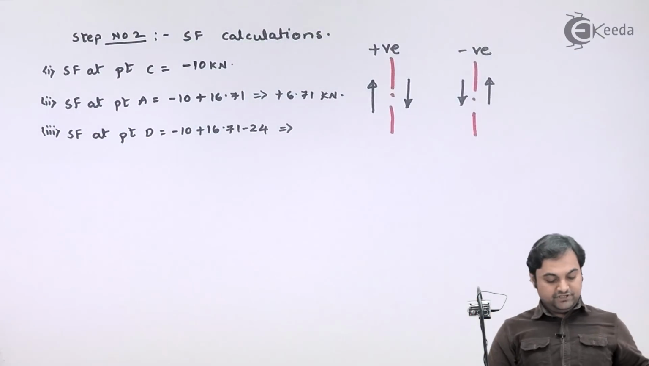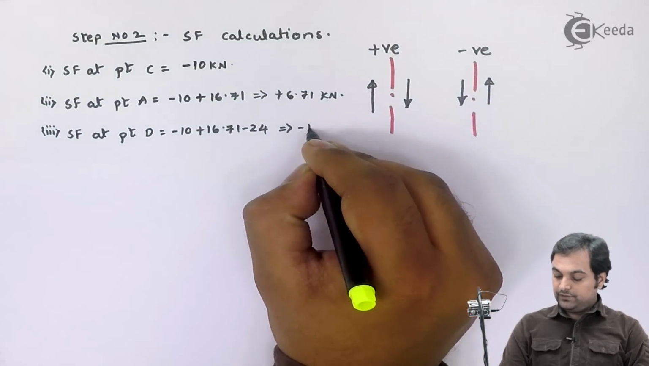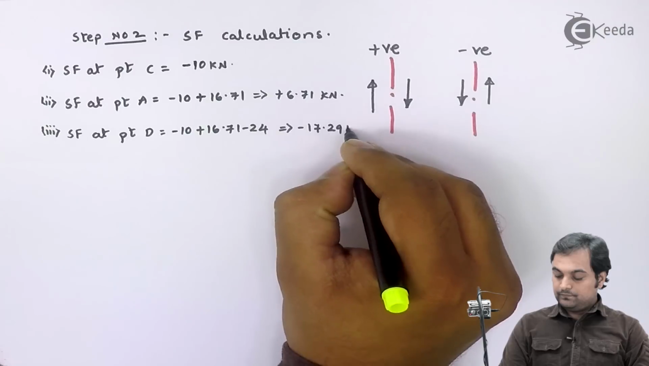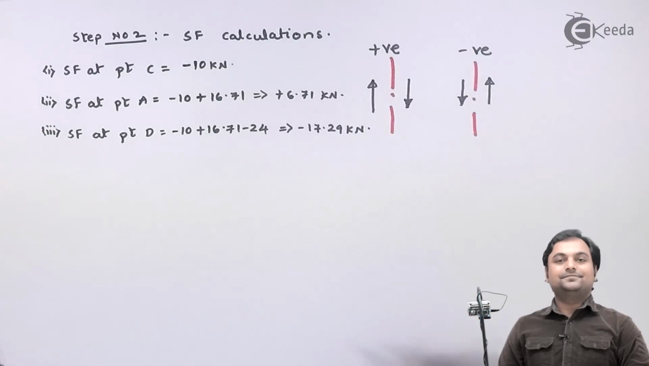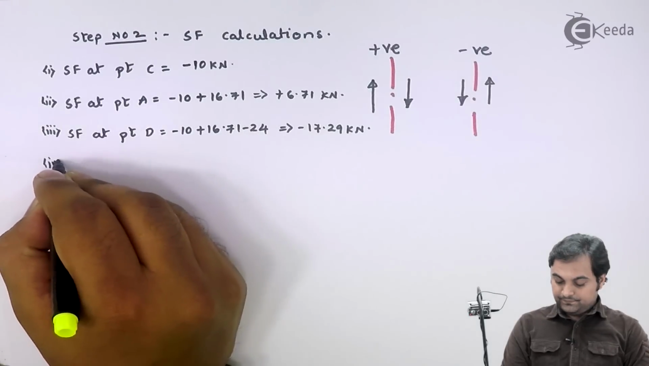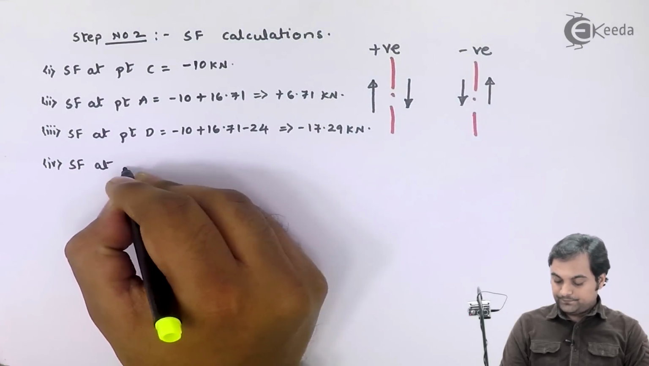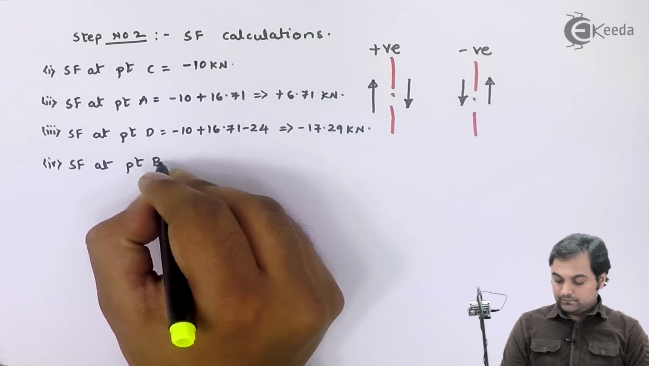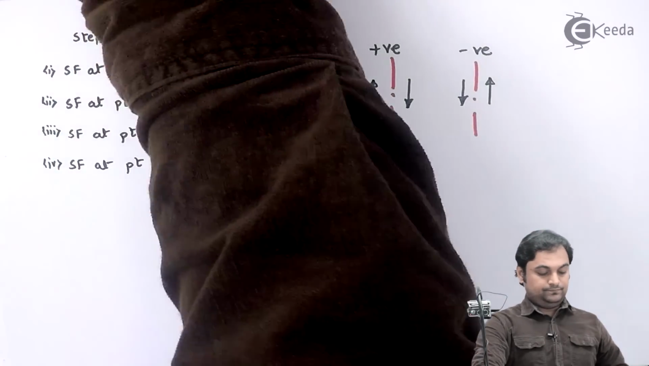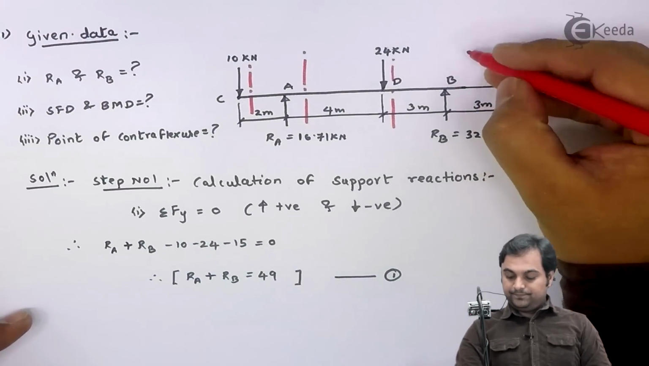This value of shear force comes out to be minus 17.29 kilonewton. Next, SF at point B is equal to, if I take the section to the right of B,